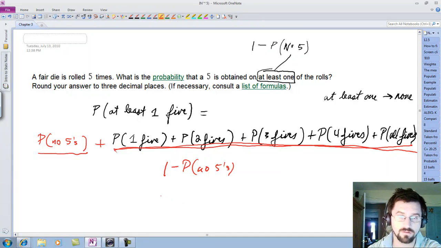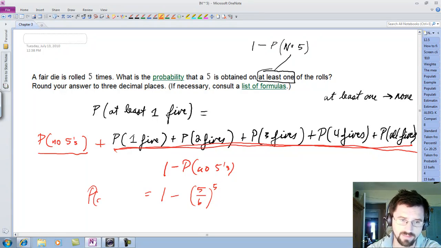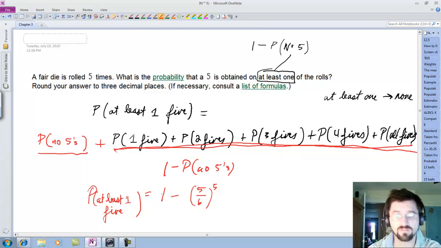And P of no 5s, well, our chance of rolling no 5s on any particular roll is, there's 5 other numbers out there and there's 6 possibilities. So we have a 5 in 6 chance on each roll, and we're going to roll 5 times. So our answer then for P of at least 1 5 is 1 minus 5 over 6 to the 5th